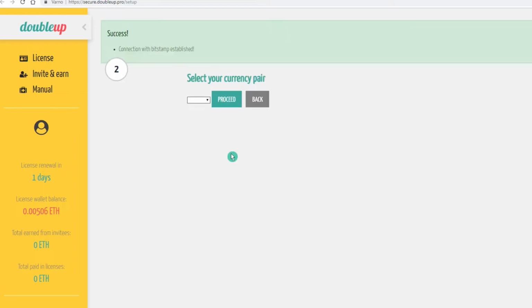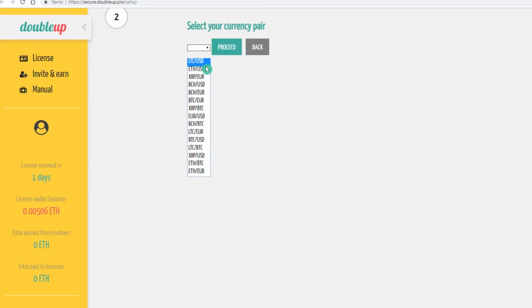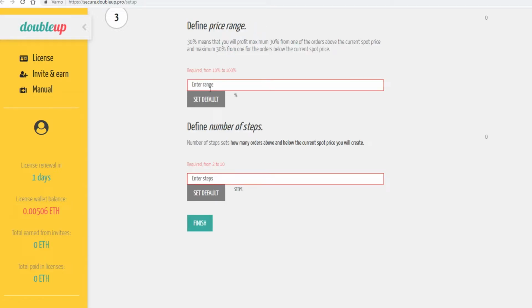Once connected with your Bitstamp sub-account, DoubleUp, you will trade automatically. All you need to do is select the currency pair you wish to trade, confirm or adjust the suggested parameters,